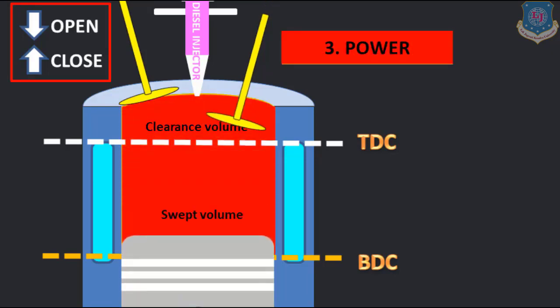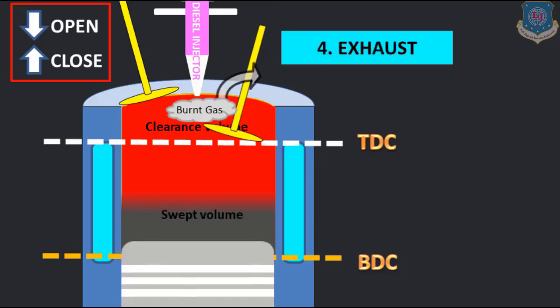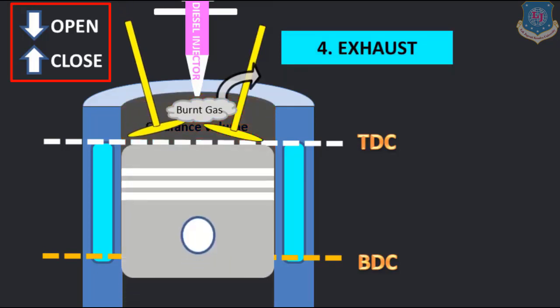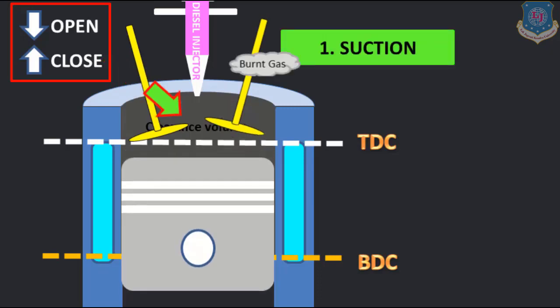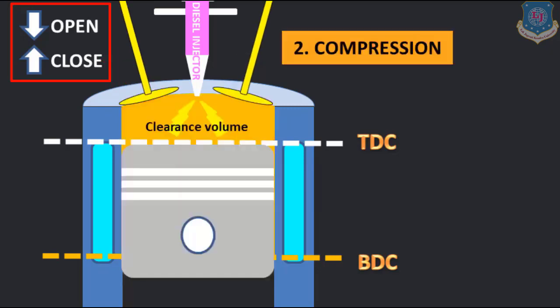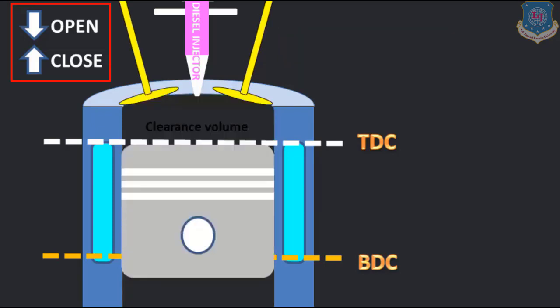Thereafter what will happen? The power stroke will be done and thereafter the exhaust stroke will be done and all the burnt gases will go outside of the engine. Fine. And these burnt gases went out of the engine. Let me show you again what is happening here. So it is a normal engine. Now see clearly what the positions of the valves are.